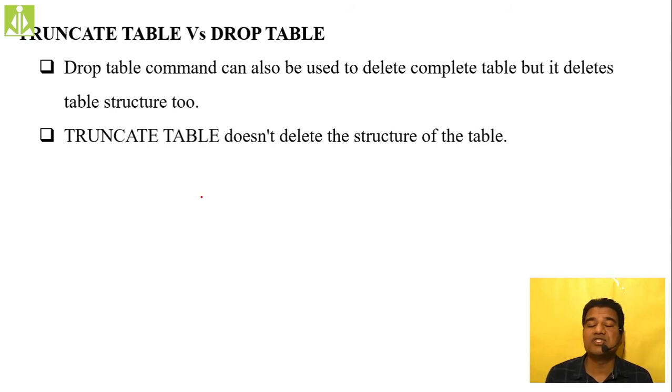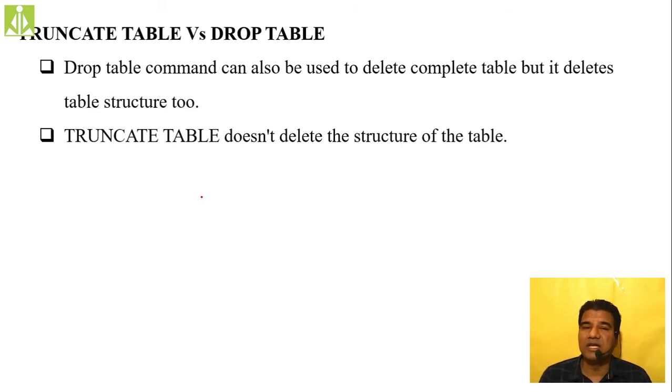Whereas drop table will not only delete the internal rows, but also the complete table structure and definition. After drop table, you don't have any trace of your table inside the database. Whereas truncate will leave the complete structure and definition, and will only delete the internal rows of your table. Remember this. So that is the difference between truncate and delete, and truncate and drop. These three commands we use in order to delete data or the table itself.